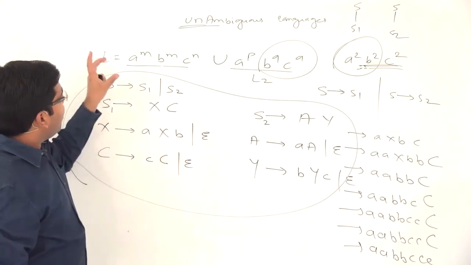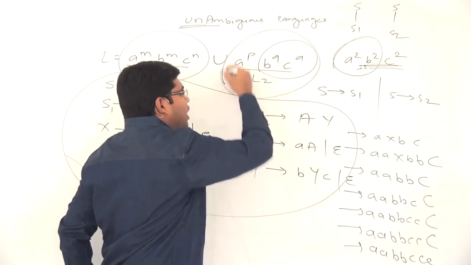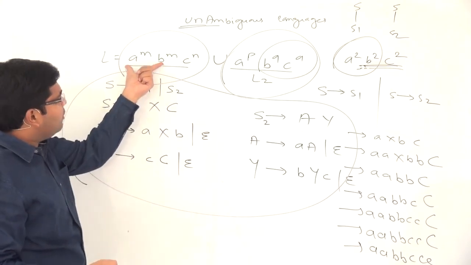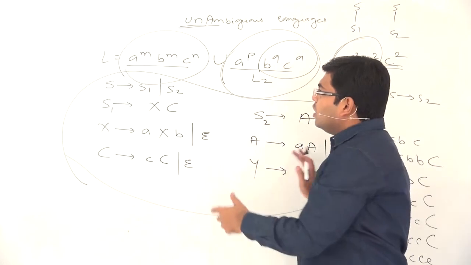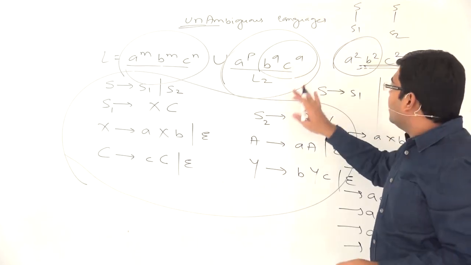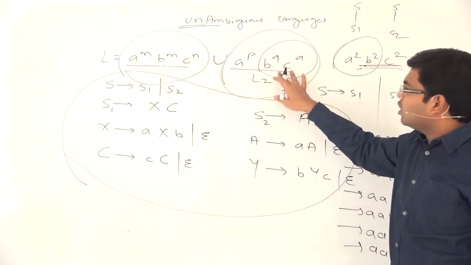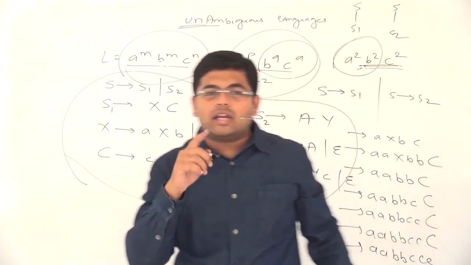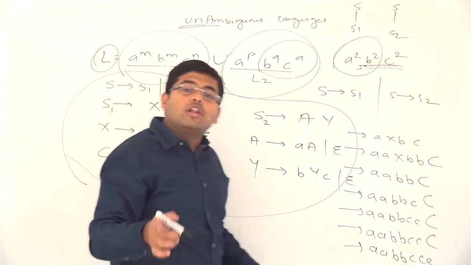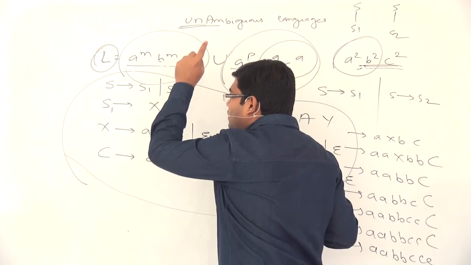And now if you observe the language, this ambiguity, whether to go from S1 or from S2, is present in the language itself, because the language only says you should have an equal number of A and B, or an equal number of B and C. In the grammar there will be a separate logic for equal number of A and B and a separate logic for equal number of B and C, and whenever you have an equal number of A, B and C, you can use either logic. Therefore we can conclude that whatever grammar you draw for this language L, that grammar will always be ambiguous.